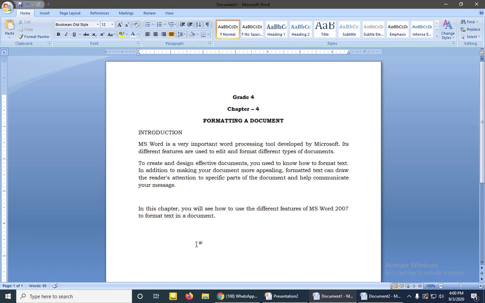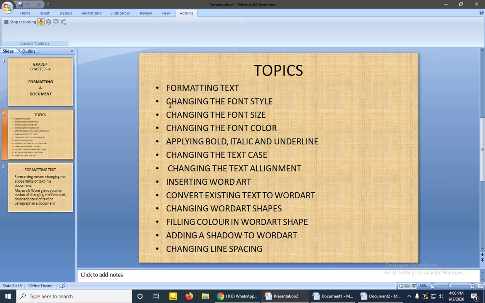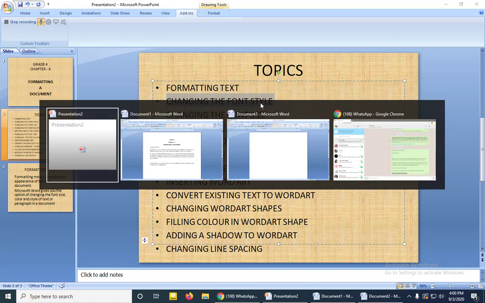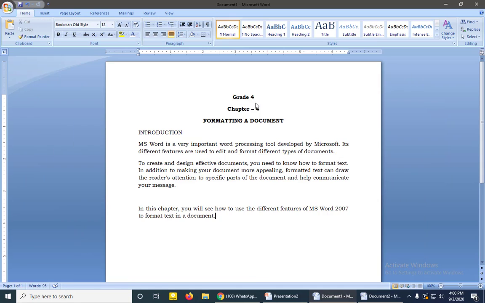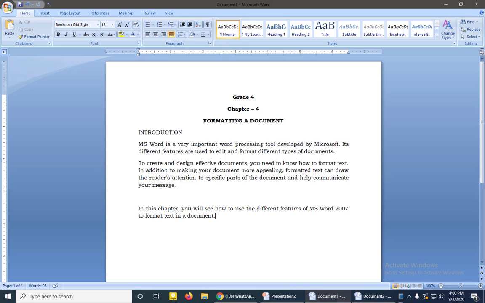So now we will see them one by one. The next is changing the font style. Here we have already taken one paragraph. So how to change the font style? That is making changes to the different types of text formats.